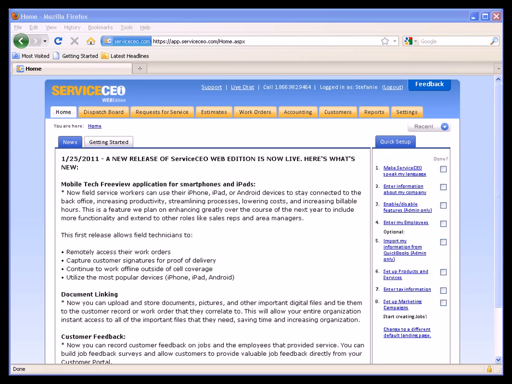In this video, we will be going over using the customer portal. To begin, we're going to go over how to activate our customers' customer portals. If we go over to the Customers tab,